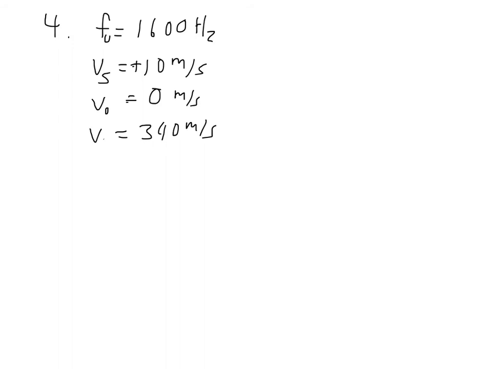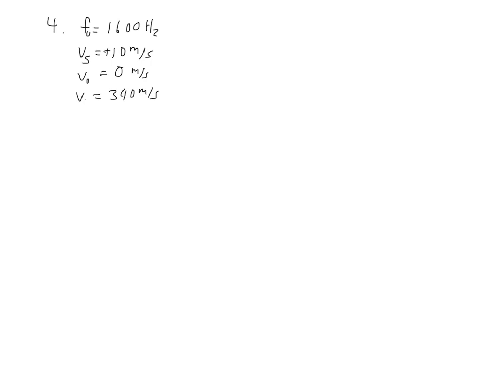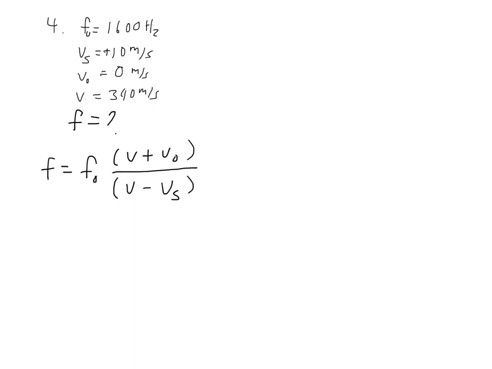So we're going to use the equation, shrink this down a little bit. We're looking for the frequency here. The equation we're going to use is f equals f sub o times v plus speed of the observer, so speed of sound plus speed of the observer, over speed of sound minus speed of the source. So we have that equals